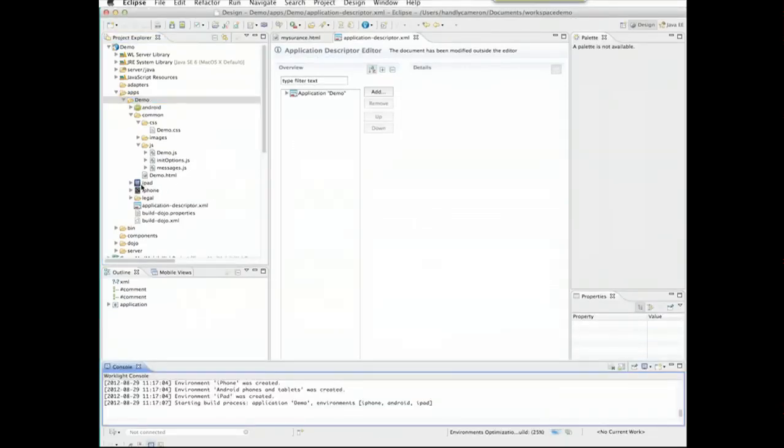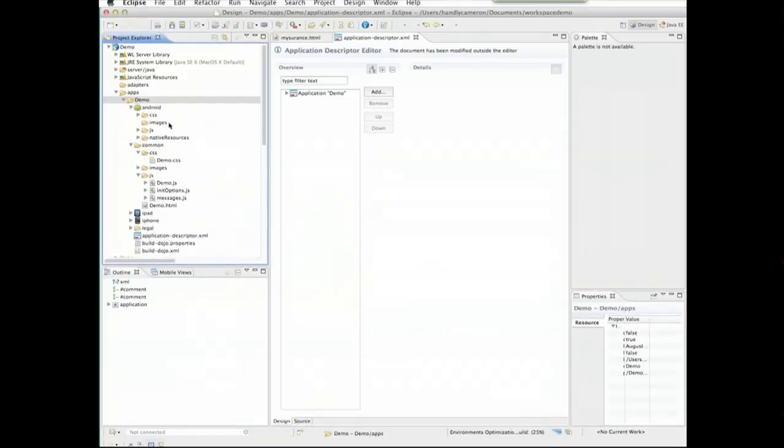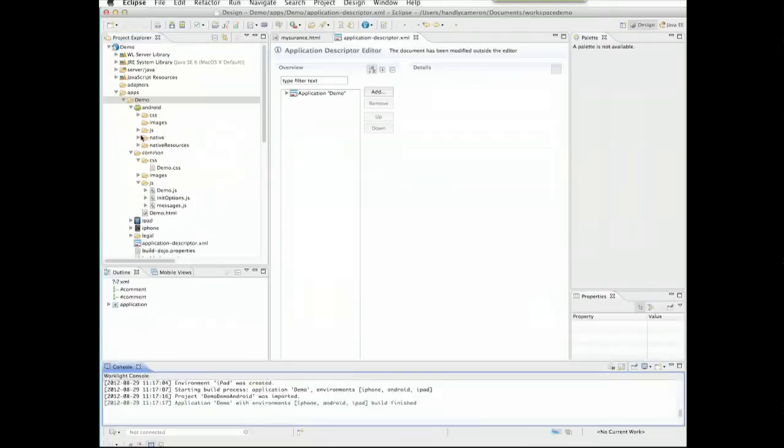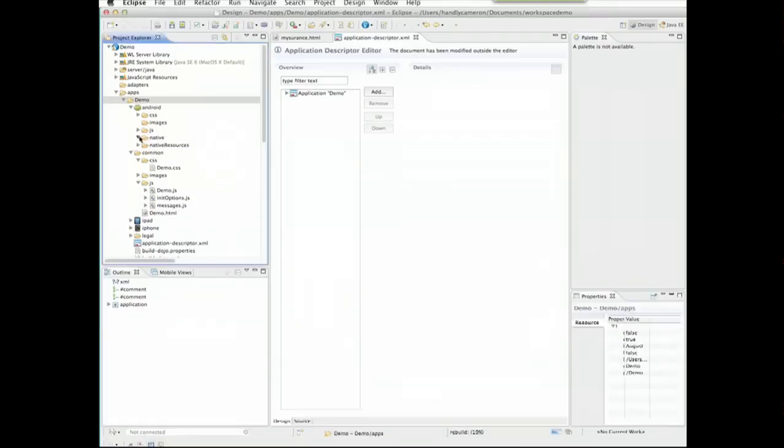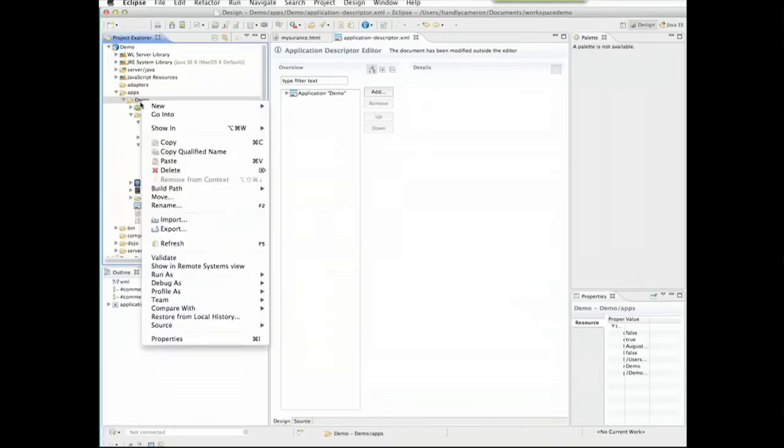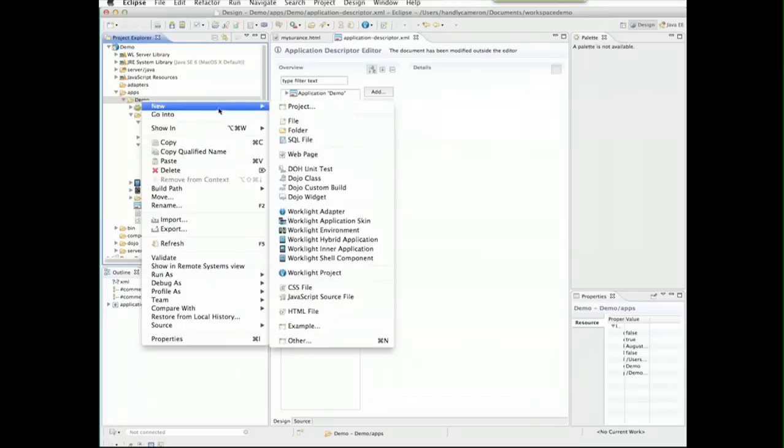So that'll set up, and you see here now I've got menus set up for Android, iPhone, et cetera. And these are similar to the common resources, but it gives me some native capabilities if I want to do things that are specific to that phone or that device. One of the things that goes along with that is when I do New, I can also say